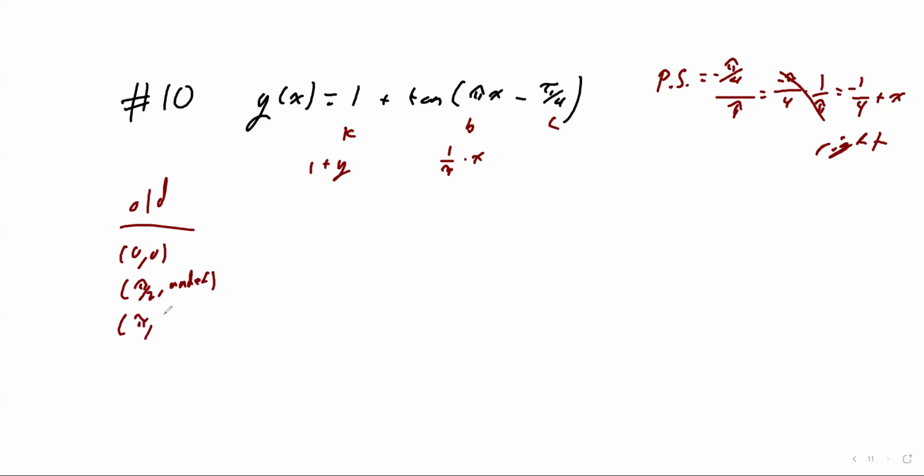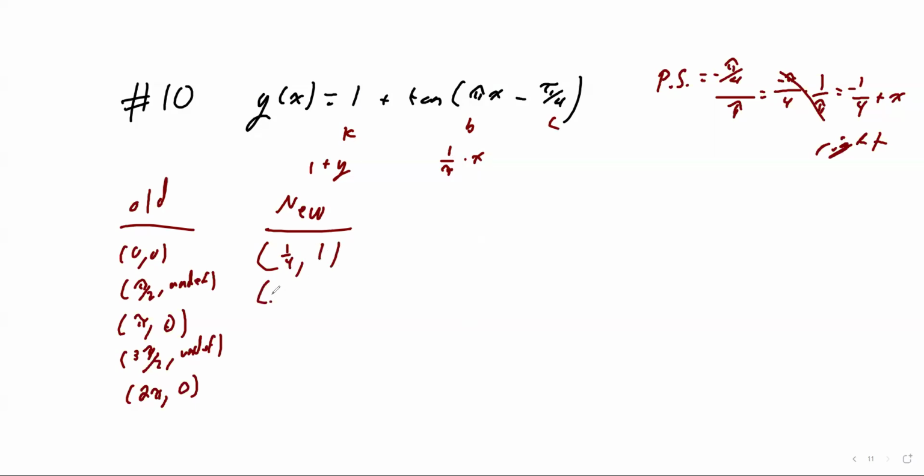Sometimes I just get distracted and I can't remember how to spell undefined, or abbreviate it. All right, so again, this is 0. Now there we go. Define our new ones. For our x, I need to multiply 0 by 1 over pi, so that's 0, and then I need to add 1/4, so I now have 1/4, comma, 1, because I had to shift up. This will now be pi halves times 1 over pi, so that's going to be 1 over 2 plus 1/4, so that's going to be 3/4,